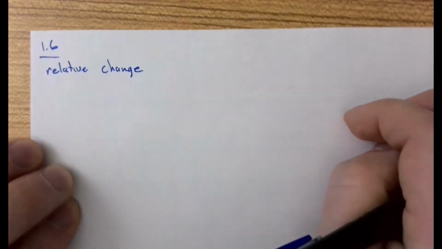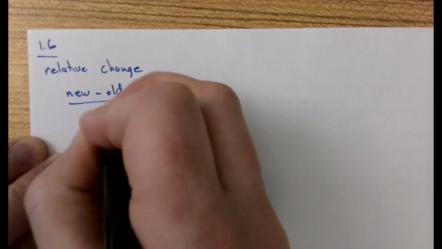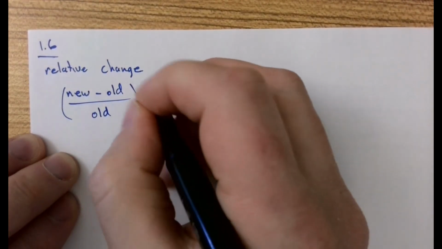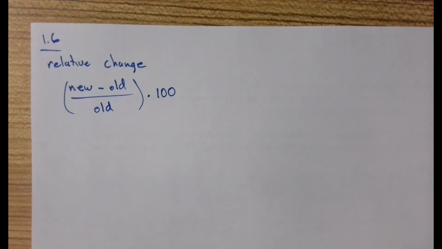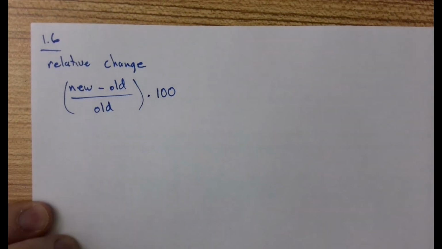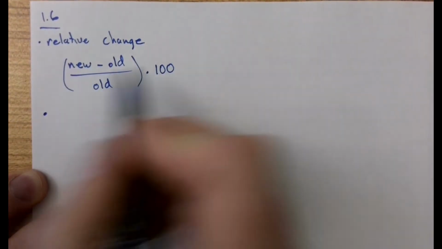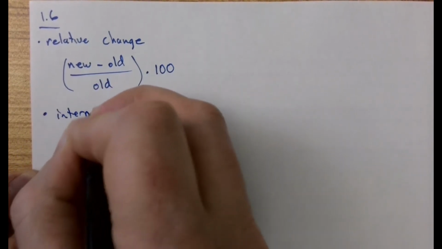Okay, and now I'm on to a new page. We're hitting up 1.6. In 1.6, we talked about relative change. So we redefined the percent increase and decrease as relative change, and it's the same formula, new minus old divided by old. That gives us the decimal version of the relative change, and then we multiply it by 100. Recall we also use this in chapter 2 to help us find the growth rate used with the growth factor. So you're going to need to, I could have mentioned this earlier, but in any case, when you calculate a number using this formula, you need to interpret your results